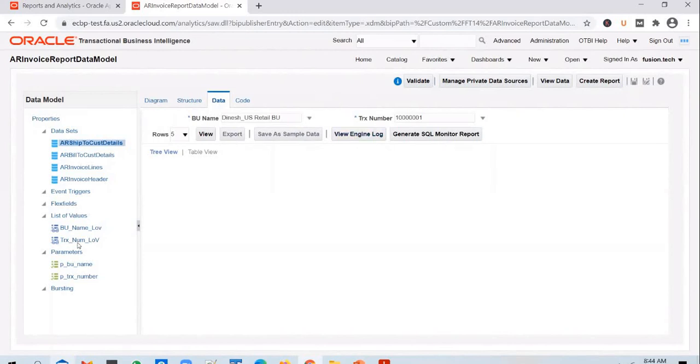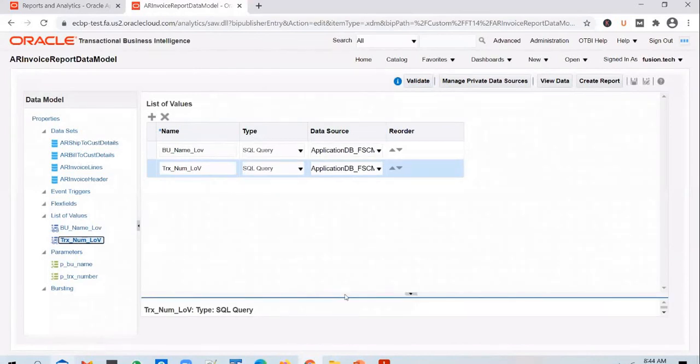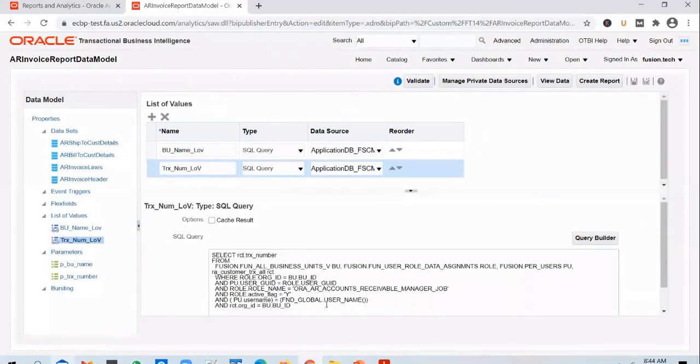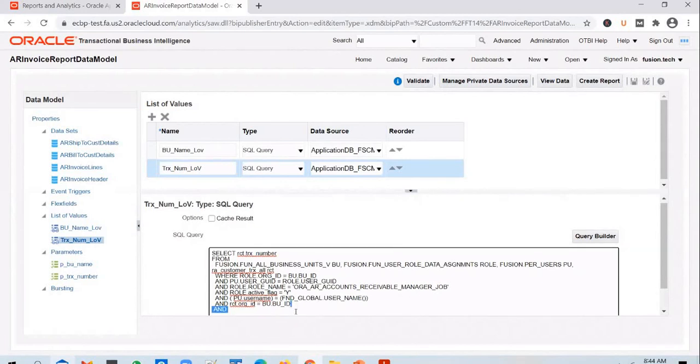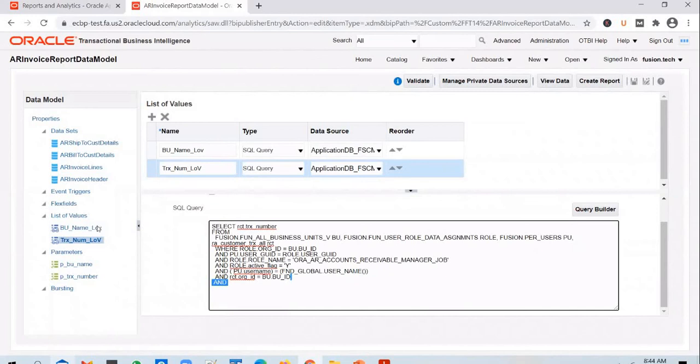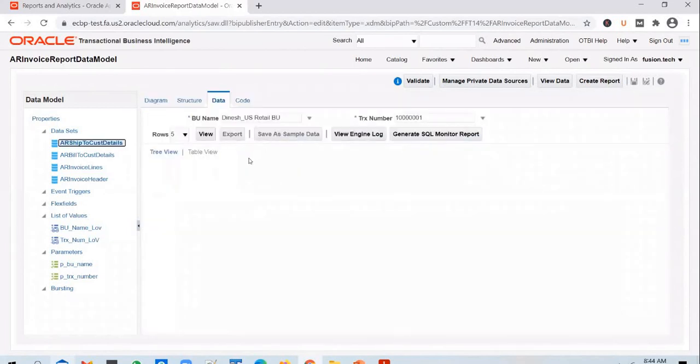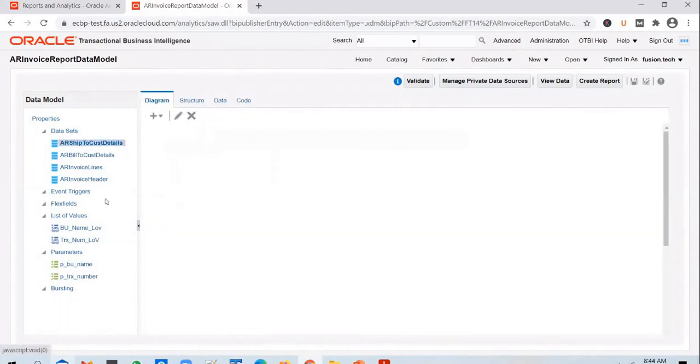So you can make it dependent here, and the way you make it dependent is you go to the transaction number query, and you add another join condition and say BU name equal to, and you pass in this parameter name in there. So you can say BU name equal to the BU name that was selected in the first parameter. You can achieve the dependency in the data model here, but that is not possible in the ESS job. So instead of creating confusion, I don't get into that dependency creation here, because anyway it's not available as a feature in ESS job.